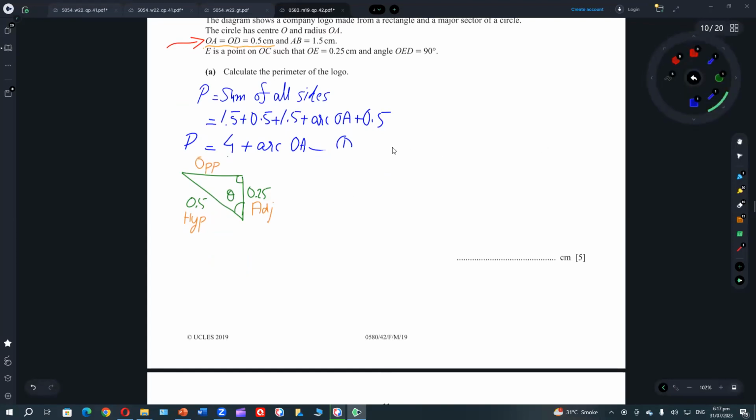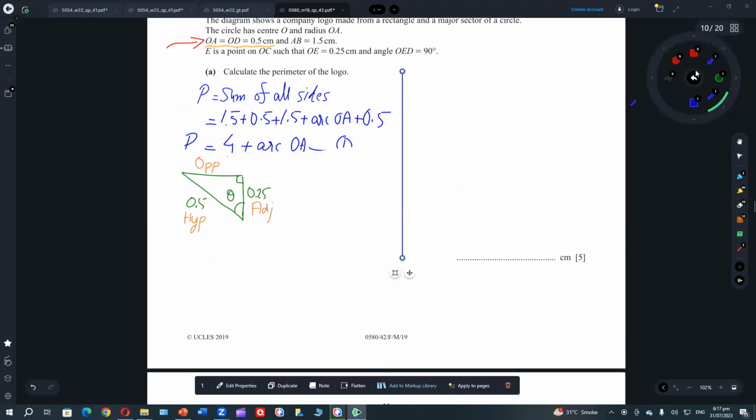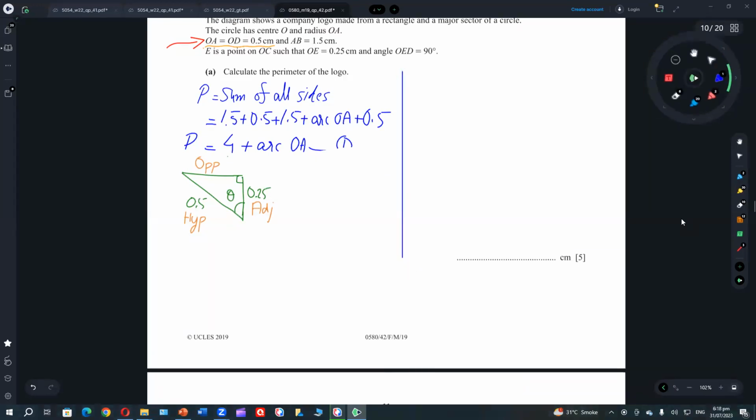Yes. So I have hypotenuse 0.5 and adjacent 0.25. So I will use cos theta is equal to adjacent upon